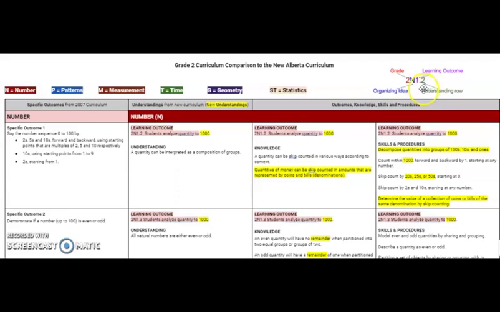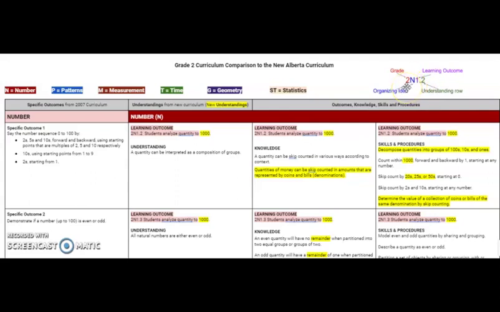Finally, we identify the understanding row. In the government's document, you'll notice that they have multiple rows of understandings for some of the learning outcomes. For example, there are 5 rows of understanding within learning outcome number 1 for numbers. So this tells us that we are looking at understanding row number 2 within learning outcome number 1 within number